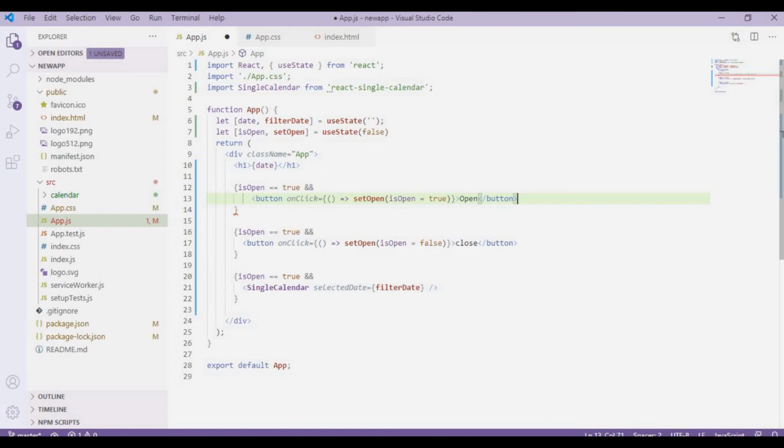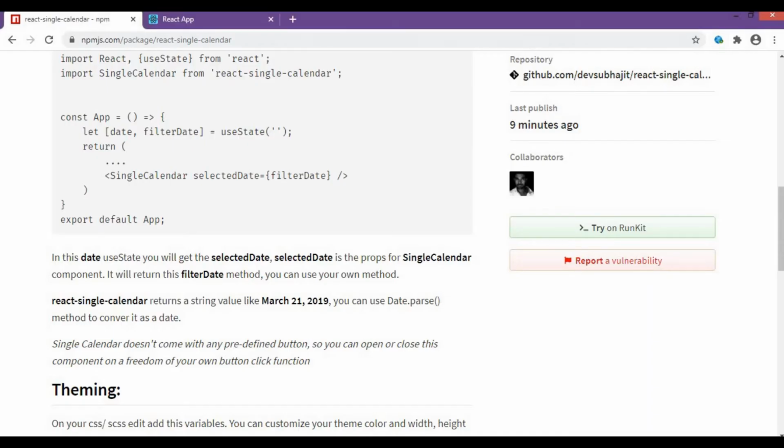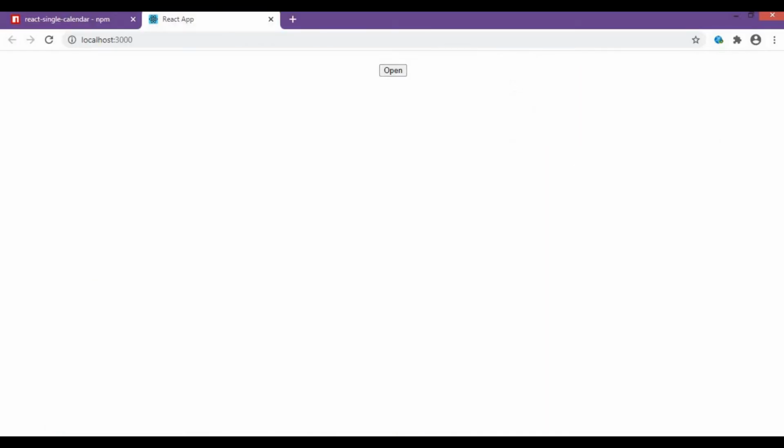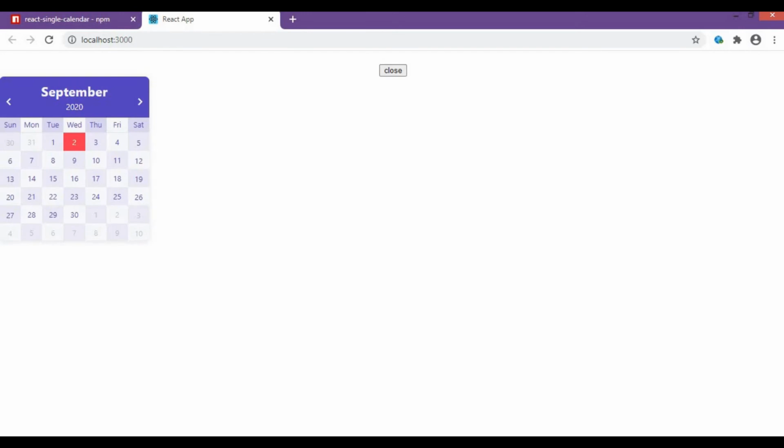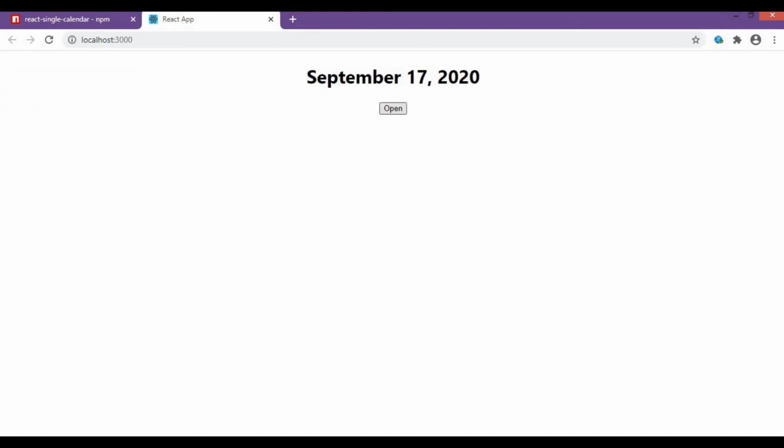So this button will be visible when it is false, like this. Now let's go back to our browser and see how it is happening. So open, as you can see, this button is also rendering when this is open. Now I'm selecting date, and if I close, it will get closed again.